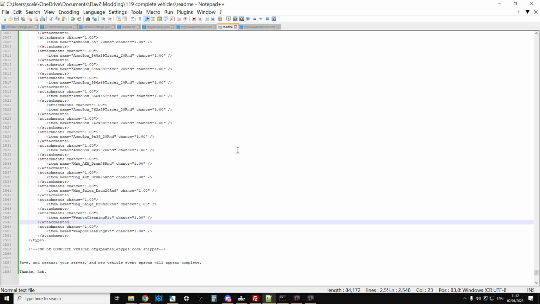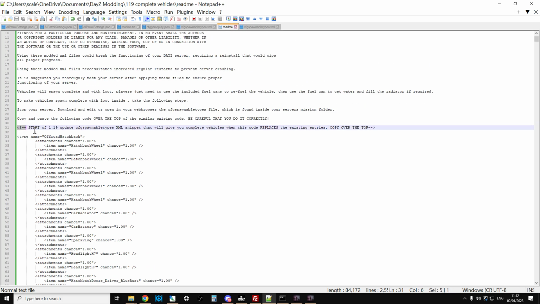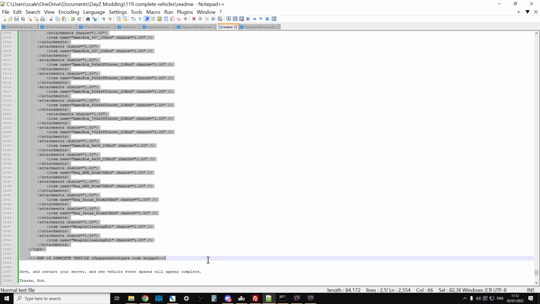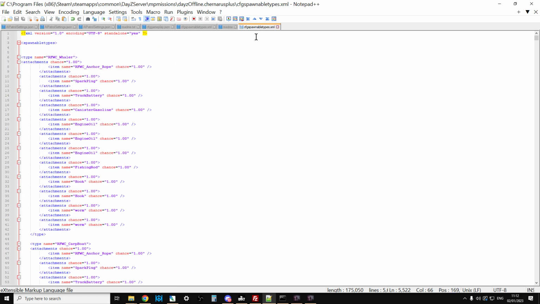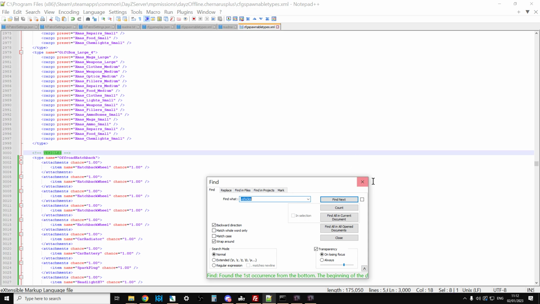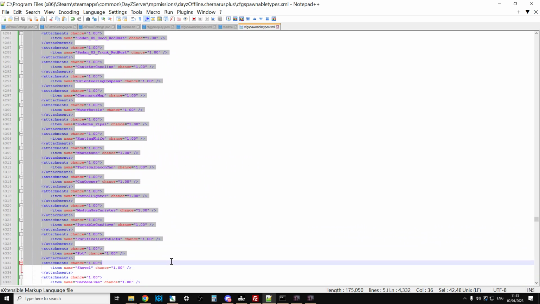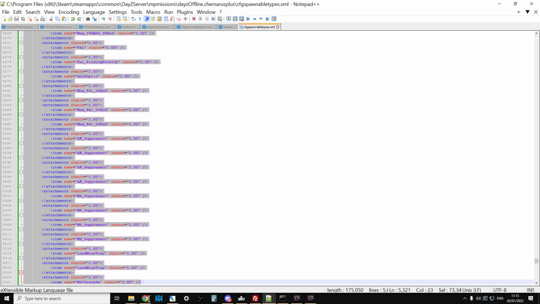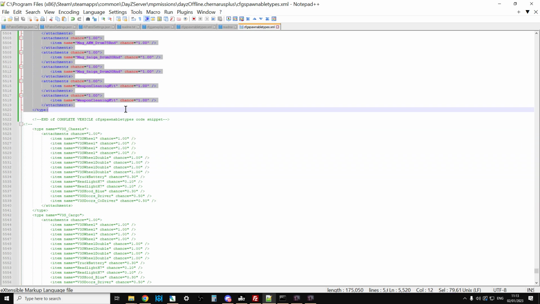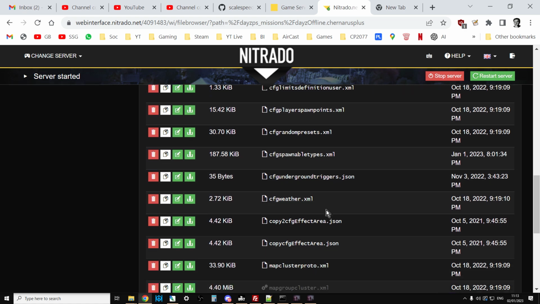And then in the README, basically what it tells you to do is just copy and paste this whole section here. Quite a lot of it, you have to be quite careful. So you would copy that, go to your CFG spawnable types that you've opened up. If you do a search for vehicles, that should take you straight to the vehicles, and you just paste over the top of this, to the bottom. Ooh, we don't want to do it over the top of that, like that. Paste that in, save that, re-upload it to your server,